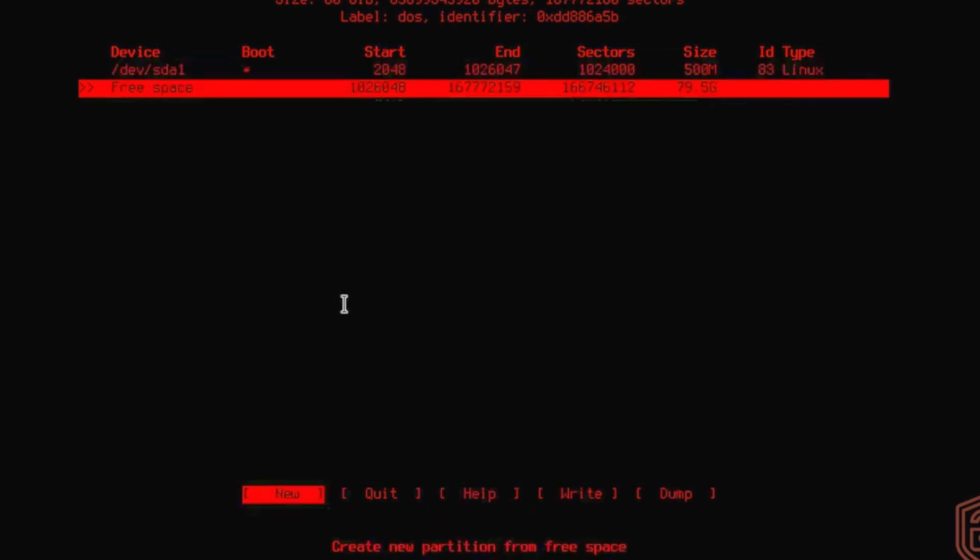So now we need to go into the free space, and you can do that by navigating using the down arrow key, and we want to hit new. We now want to create our